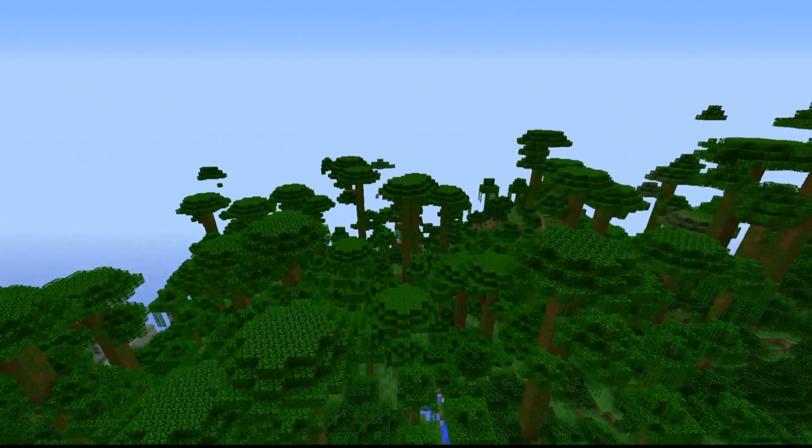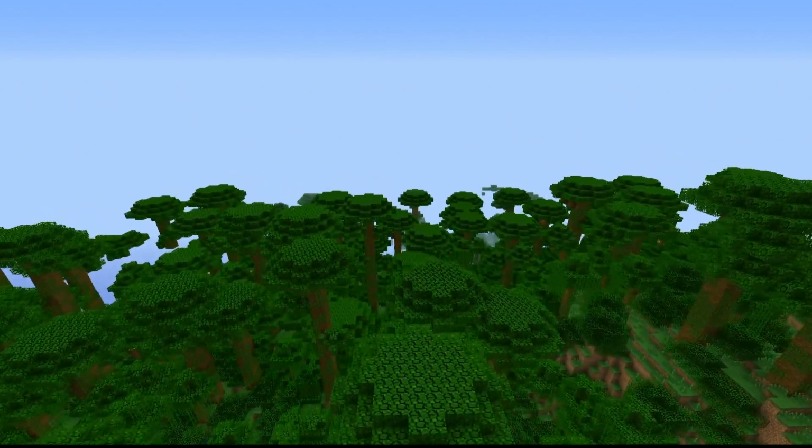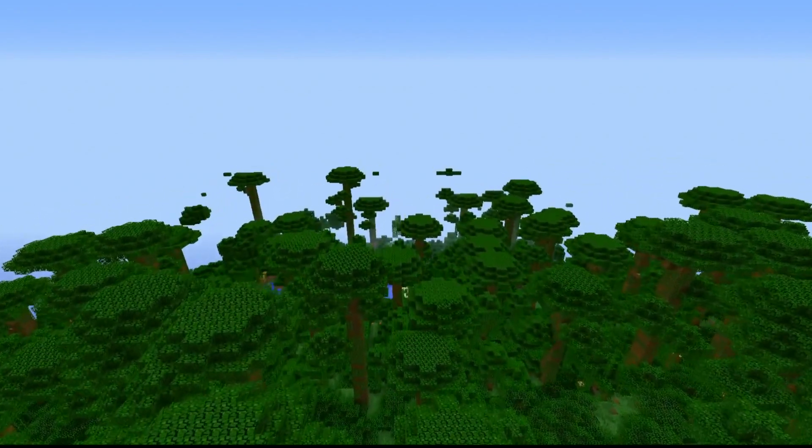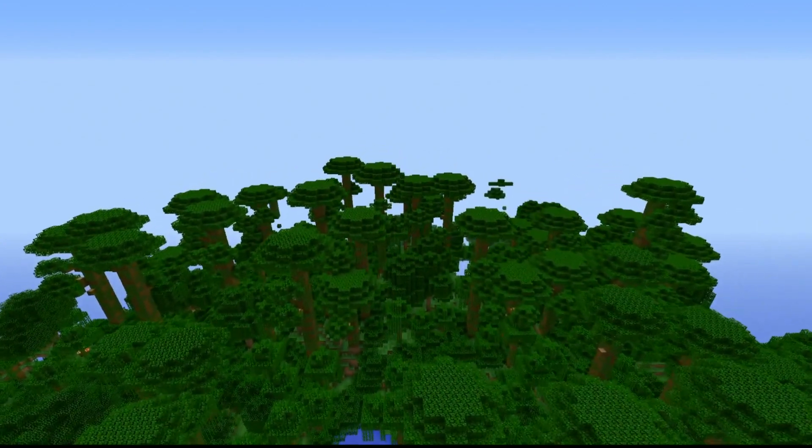By the way, this is not on the server right now. I am on the actual same seed, but I'm doing this in single player. Please forgive any stuttering. And then of course we have Lockette, which lets you right-click chests and put a sign